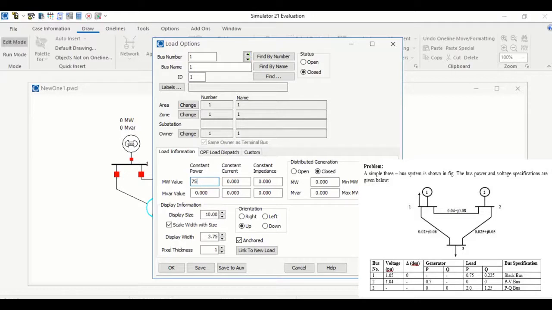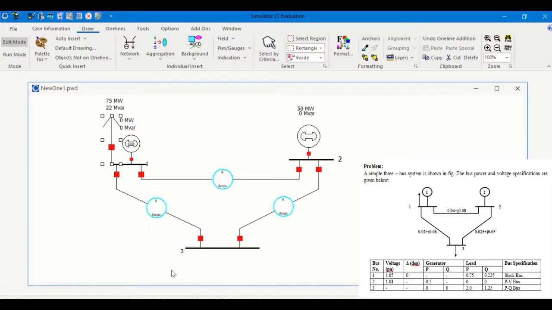Power value is 75 megawatt and reactive power is given as 0.225 per unit, which is 22.5 MVAR. Okay, so just click OK. And you could again resize it in order to look good.